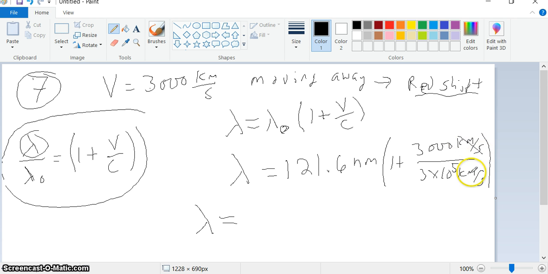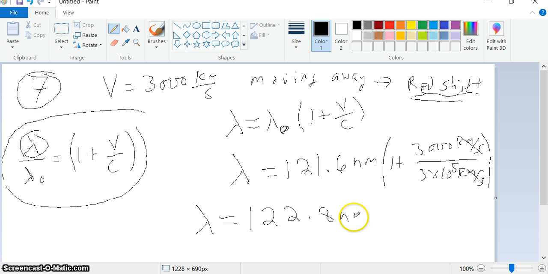Of course, the kilometers per second cancel each other, and so that's just going to be a number times the wavelength. Notice it's a number that's greater than 1, which of course also tells us that it is red shifted, right? Because the wavelength increases, and at that particular speed of 3,000 kilometers per second, it will increase to 122.8. So let's write that down. Lambda increases to 122.8